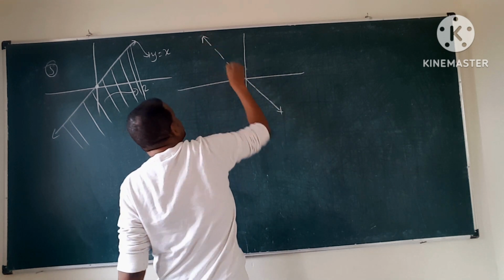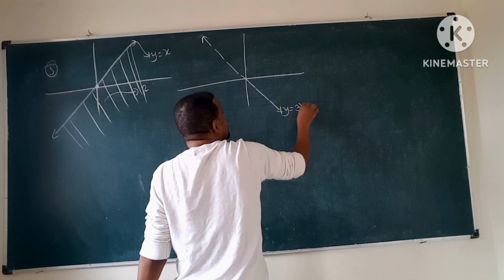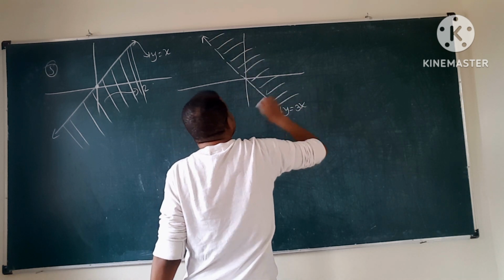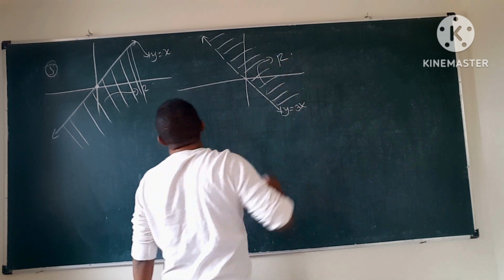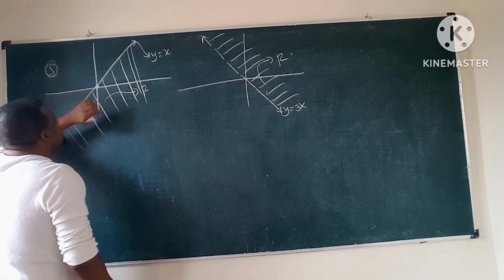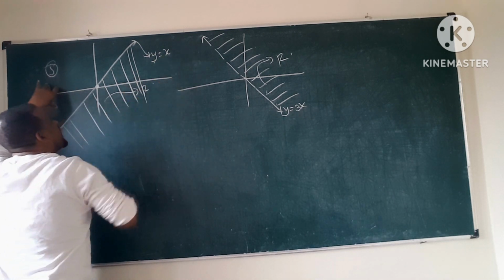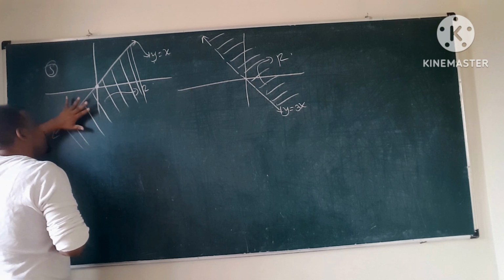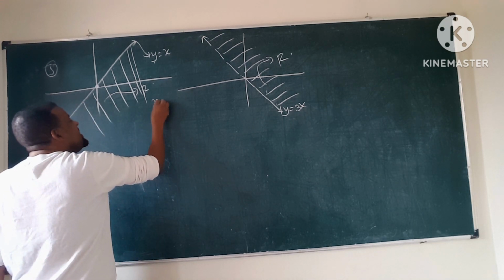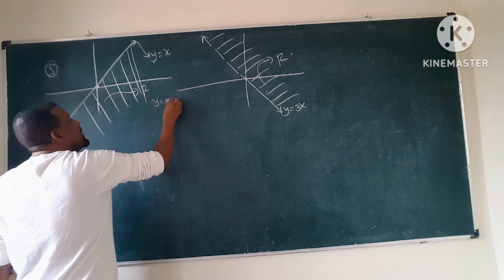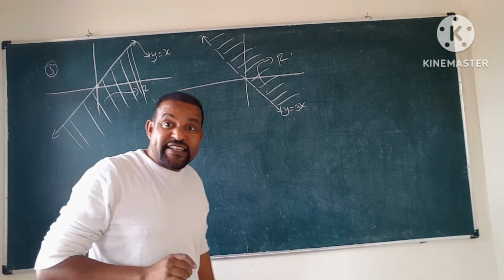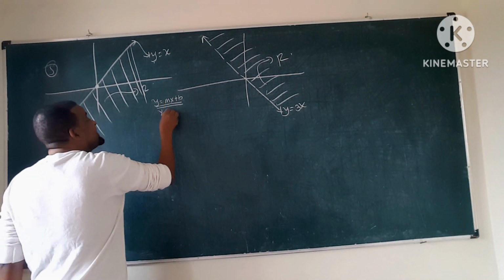If this is given to you, for example y is equal to 3x, and suppose the shaded region is here like this, this is our relation. Automatically, based on what we discussed before, what will it be? y is equal to x. Note that this is the boundary equation given to us. What did we say before? For every linear equation y is equal to mx plus b,